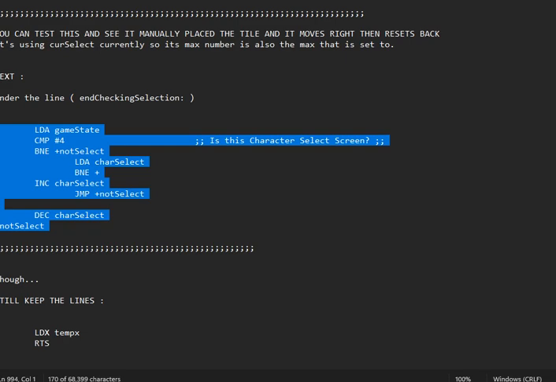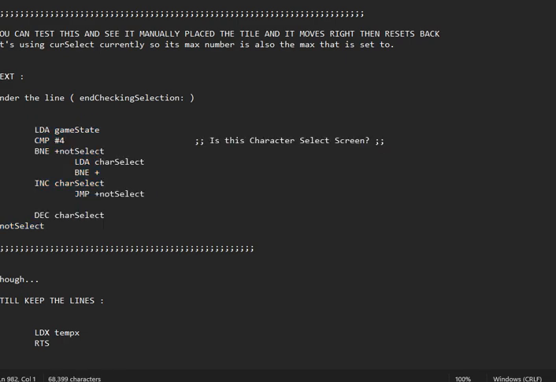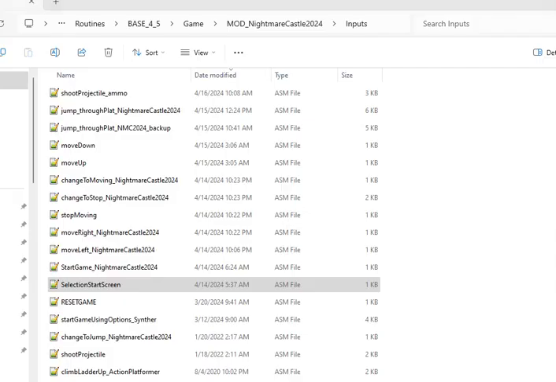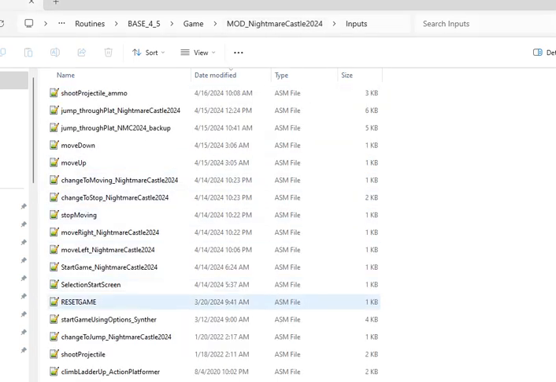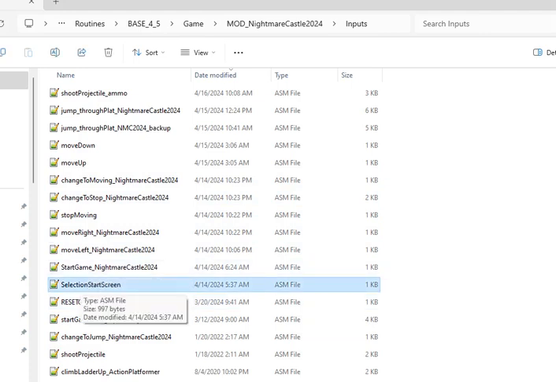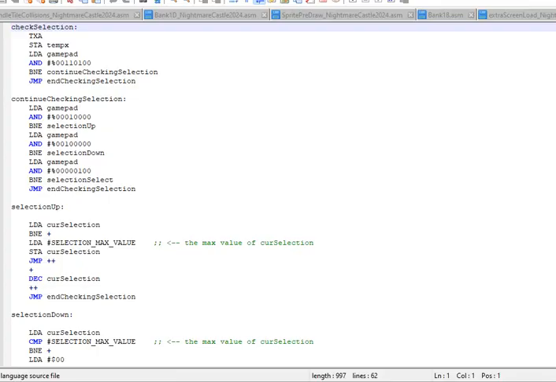So you want to make sure you're, oh yeah, this part, the ending checking selection part, that was in a different script. Hold on. In your inputs, you will see your script for your selection for start screen. That we set up the selection for start screen. Okay, so you're going to make sure that your end checking selection,